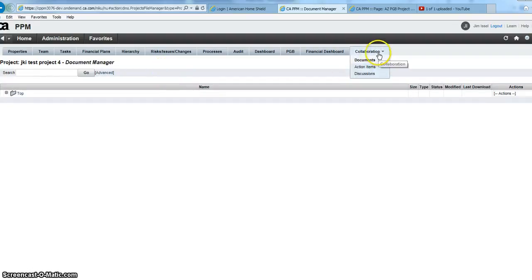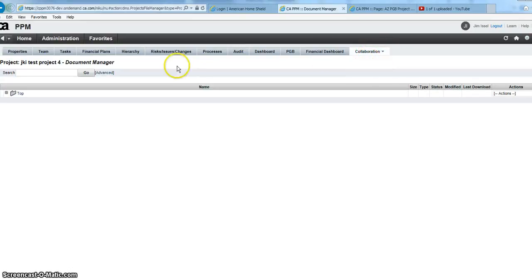Now that also brings up a whole other raft of complexity, because collaboration and being able to add things and being able to see them has its own set of rights. There are collaboration managers and project participants, so it does get a little complex, but it may be worth looking